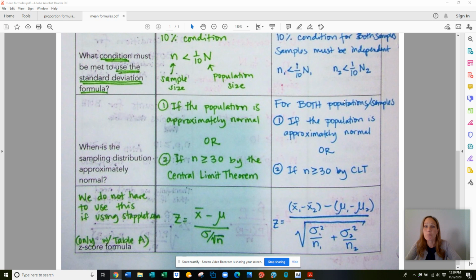And then for both populations or samples, you need to make sure that either the population is approximately normal or the sample size is greater than or equal to 30, and you need to check that for both of the populations or samples. Then finally, we have the formula here for z-score, which is always our sample statistic